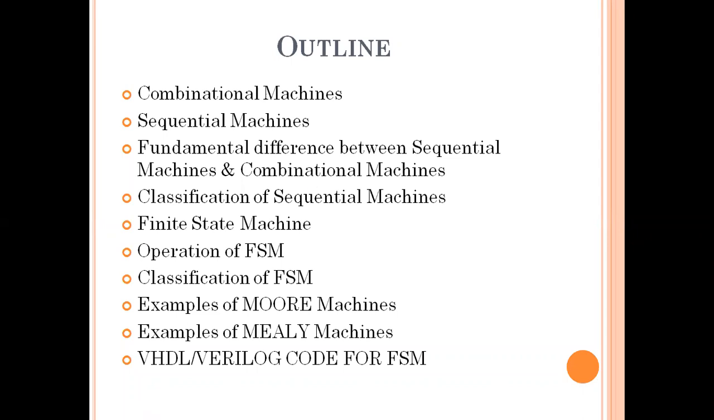First, if you categorize the digital systems, we get two main categories of digital system: combinational machine and sequential machine. And in the combinational machines, we get different circuits, such as random logic and array logic. And in the sequential machine, if you categorize, we'll get